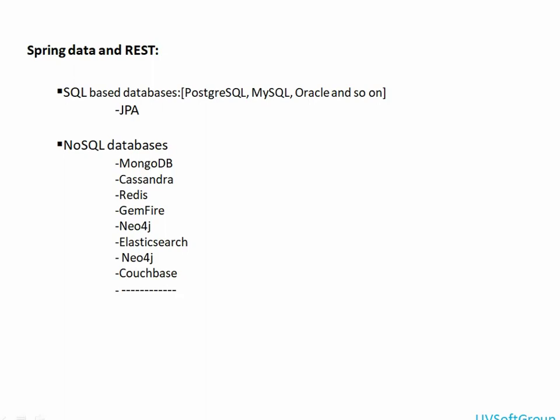For us, in this case, we use a NoSQL database. You see there are different NoSQL databases: MongoDB, Cassandra, Redis, GemFire, Neo4j, Elasticsearch. So for this case, we try to implement the RESTful based on